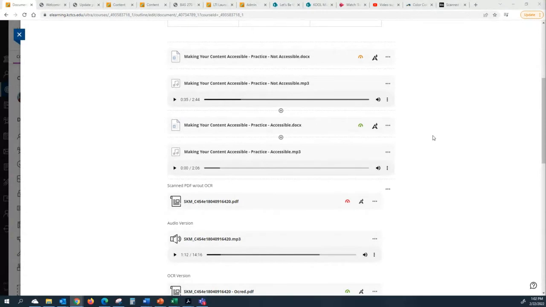So Blackboard Ally is a tool that checks your course and things in your course for accessibility. There's a couple of different ways to get to it. If you attach a document, you'll have a little icon here that shows you kind of your score on what you have. It can range anywhere from low, which would be red, to medium, which needs some improvement, to a light green, which is high, and then a dark green that's perfect. And if you click on that little icon there,